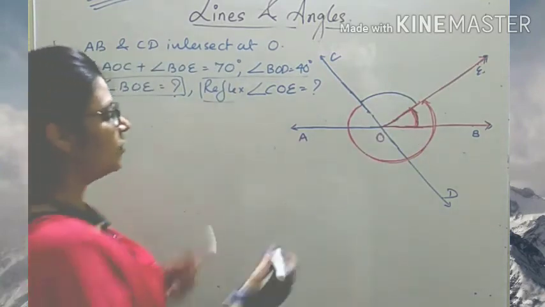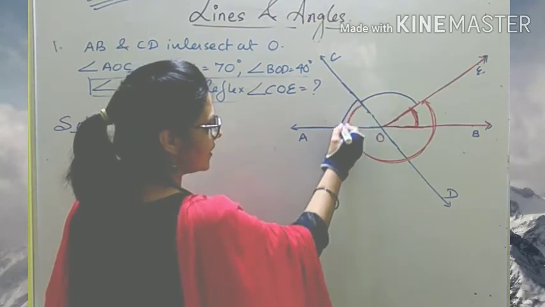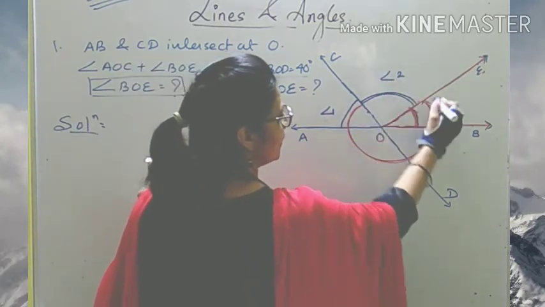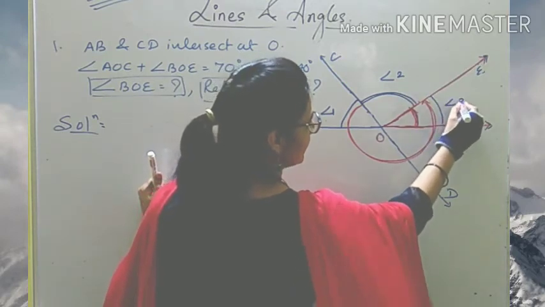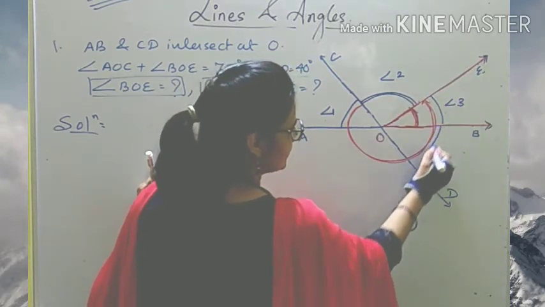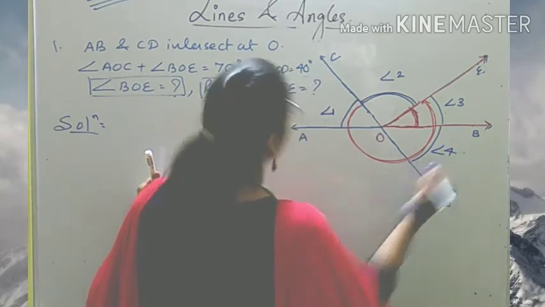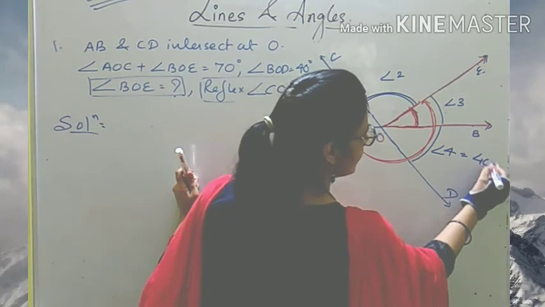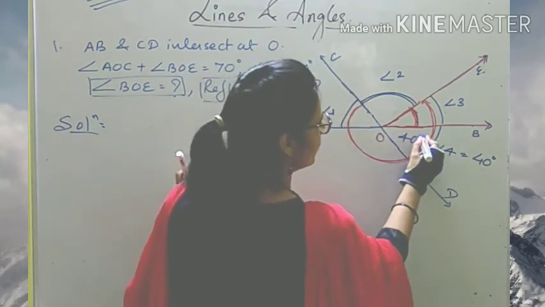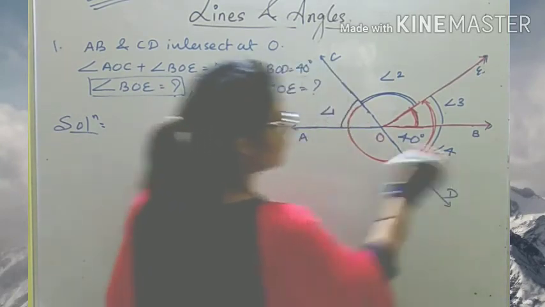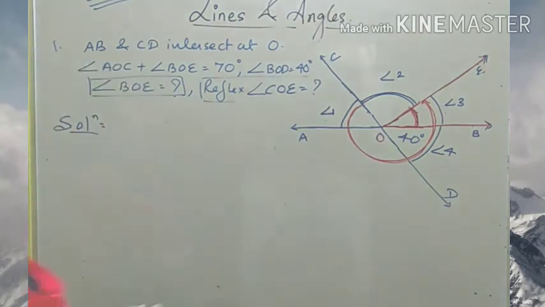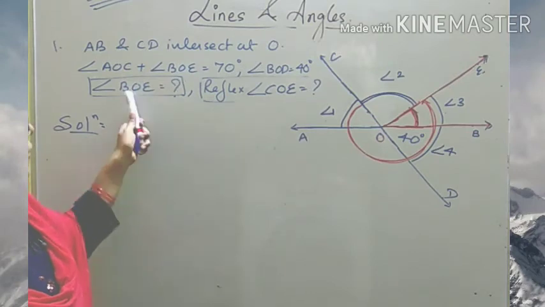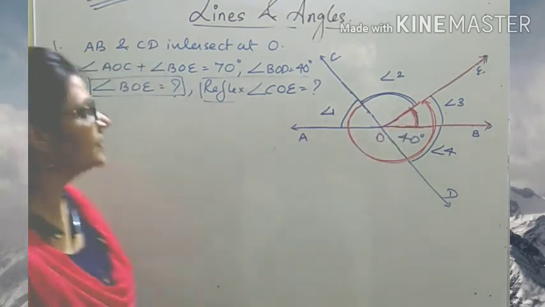Okay? So इस angle को find out करने के लिए हम पहले क्या निकालेंगे? COE. Now let us mark this angle as angle 1, this as angle 2, this angle as angle 3 and let this angle be angle 4. And what is given to us? BOD is equal to 40 degree. ये angle हमने angle 4 लिया है जिसका measure 40 degree. Now first what we have to calculate, AOC BOE. And what is BOE? BOE is actually our angle 3.